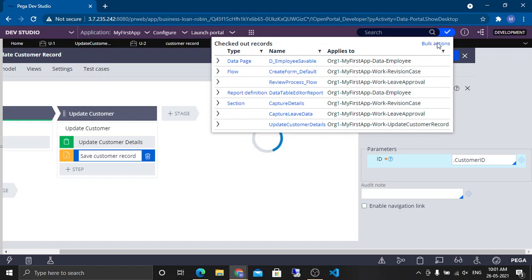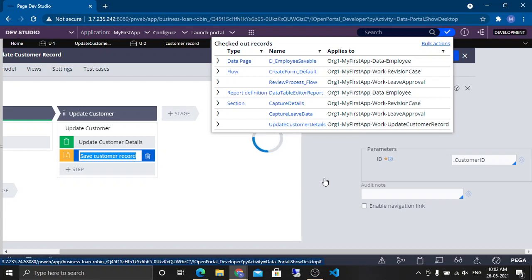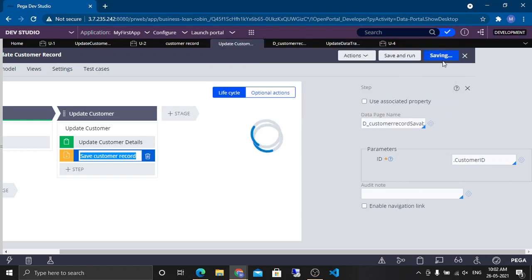Did I mistakenly make a typo? Let's see. Let's check. Let's debug. Okay, now the configuration is all good. Now we have to see why it is not saving. But the configurations are all good. Maybe I did some typo or something.